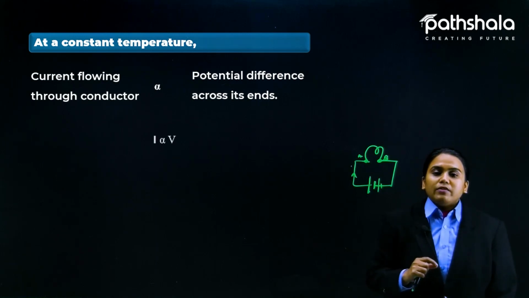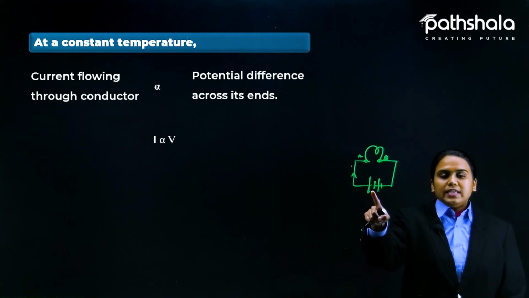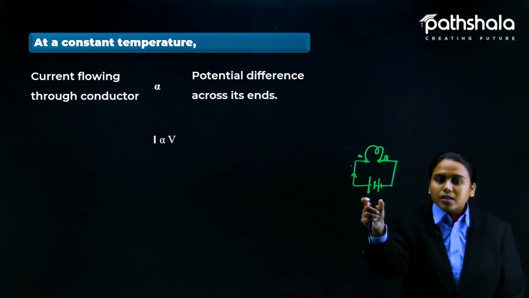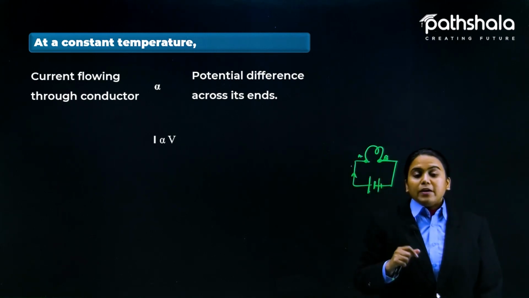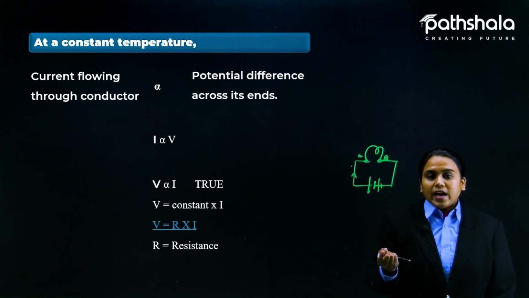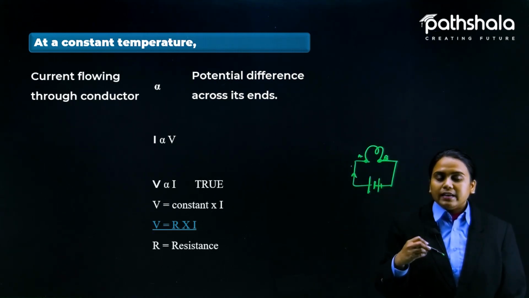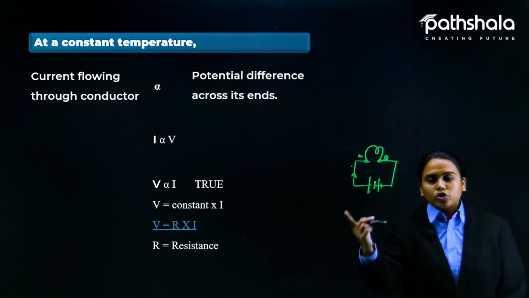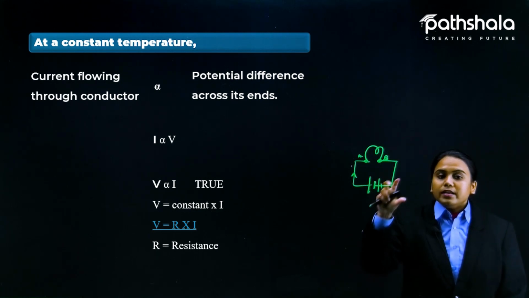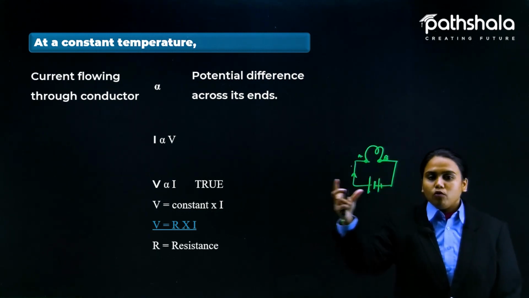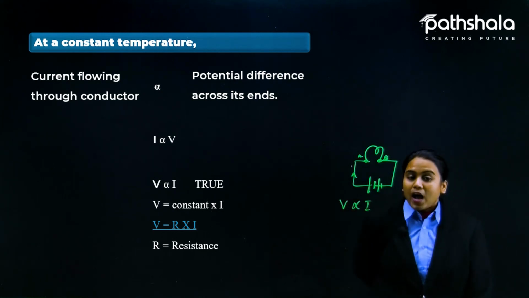Okay, so mathematically we can write it like this. I is directly proportional to V, because V is the measure here that we are providing, some volts here. Then only current will flow. Fine. Okay, that's okay. But the reverse can also be true. Why? Because the current provided here is proportional to the potential. So we can say that this much current is provided by this much voltage. So we can also write V is directly proportional to I.